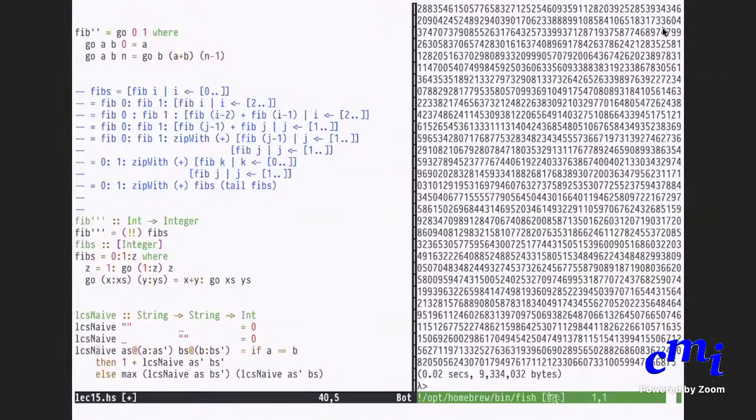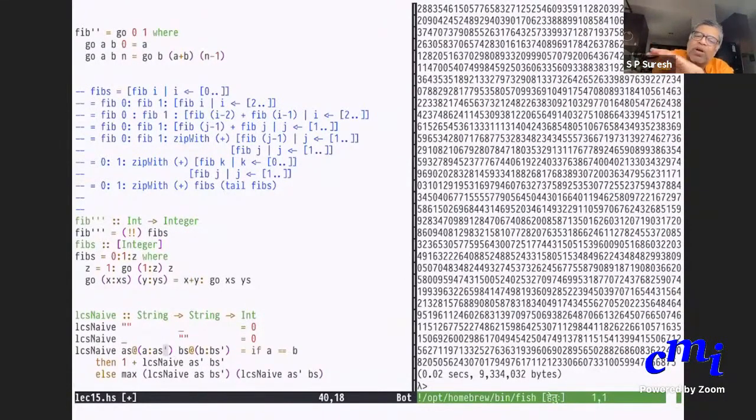In fact, this is just a bit of Haskell that is useful to know. Instead of saying a comma as prime is split at etc., you can just say as, where, when you give a name as an argument, you can give a name as well as a pattern that it will match. As at a colon as prime means you can either use the name as to refer to that argument, or you can use a colon as prime to refer to that argument.